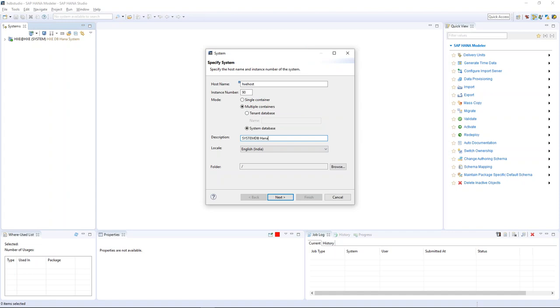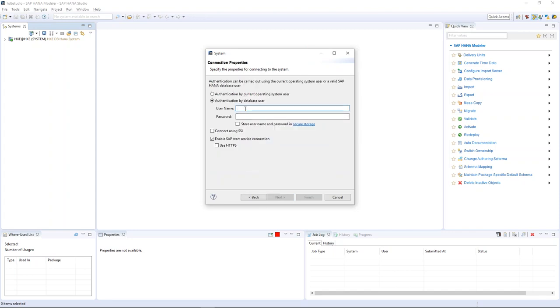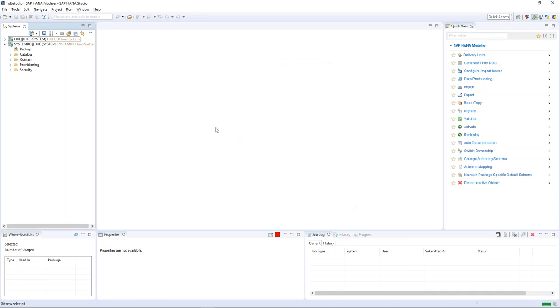System DB HANA system. This is another container. Now I'm connecting to another system DB. Okay, the server is the same, but the tenant database is different. Okay, finish. Now, once I know the host name and the instance and the tenant, which database I'm connecting to,